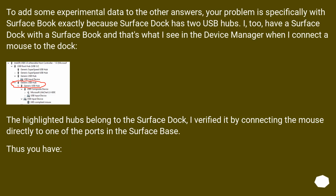To add some experimental data to the other answers, your problem is specifically with Surface Book exactly because Surface Dock has 2 USB hubs. I, too, have a Surface Dock with a Surface Book, and that's what I see in the device manager when I connect the mouse to the dock. The highlighted hubs belong to the Surface Dock. I verified it by connecting the mouse directly to one of the ports in the Surface base. Thus you have